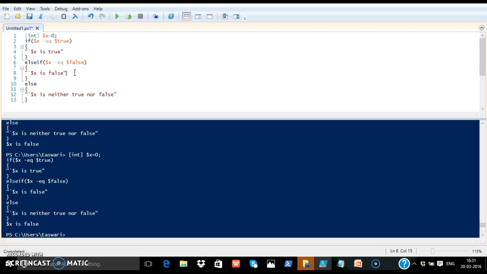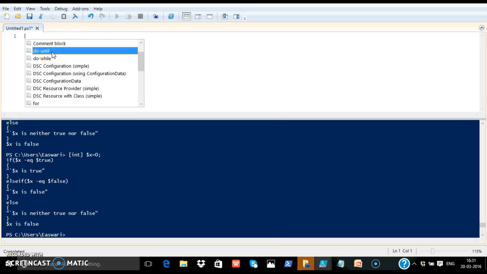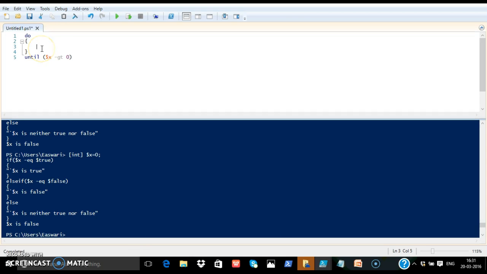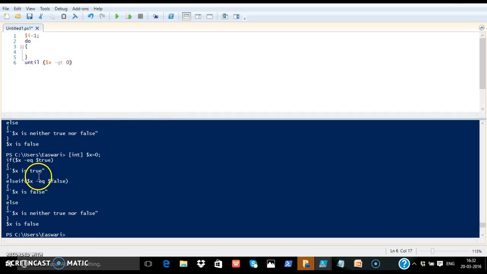And next we move on to a simple example of loops. In PowerShell version 5, from version 3, using Control J you can happily do the loops by just selecting this existing code. Now let's just try to print the values of 1 to 5 using various looping options. We'll have a variable called $I equal to 1, and let's try to print the value of $I